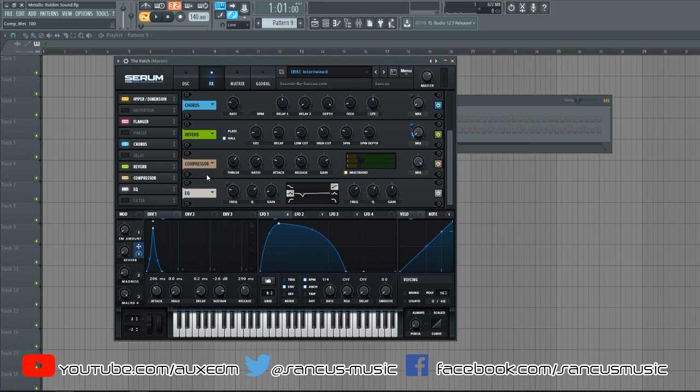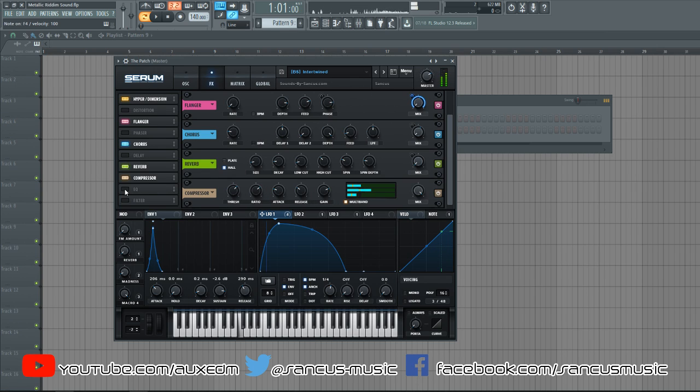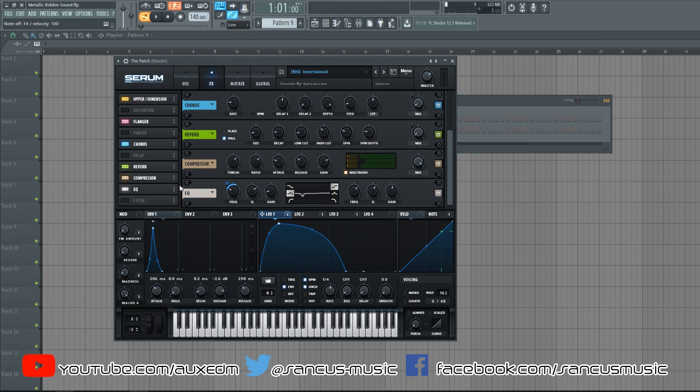Then last but not least, we have the frequency over here being modulated with LFO1. That is just a little dip here in the EQ. Just kind of sweeping through. Subtle little touch to add some more kind of filtering to that. And then this over here is basically not doing anything. So that is basically the patch there.